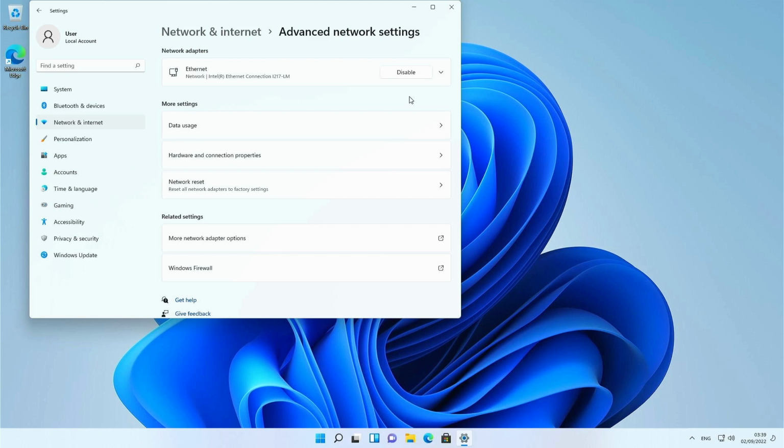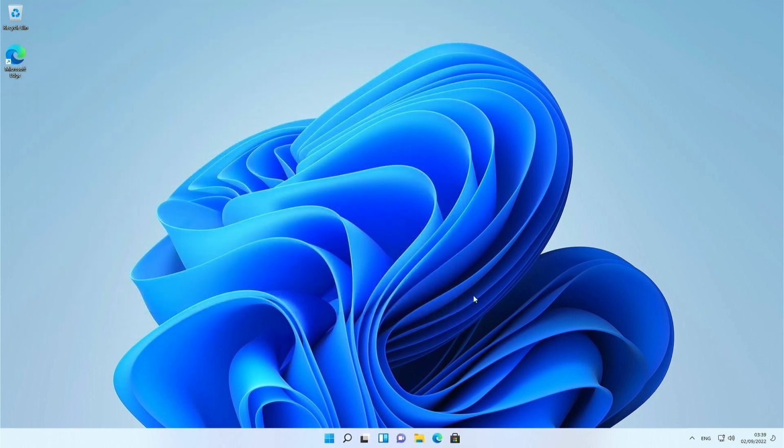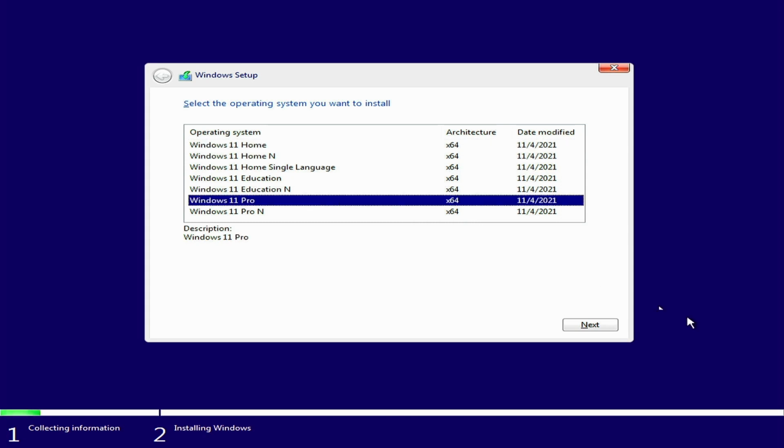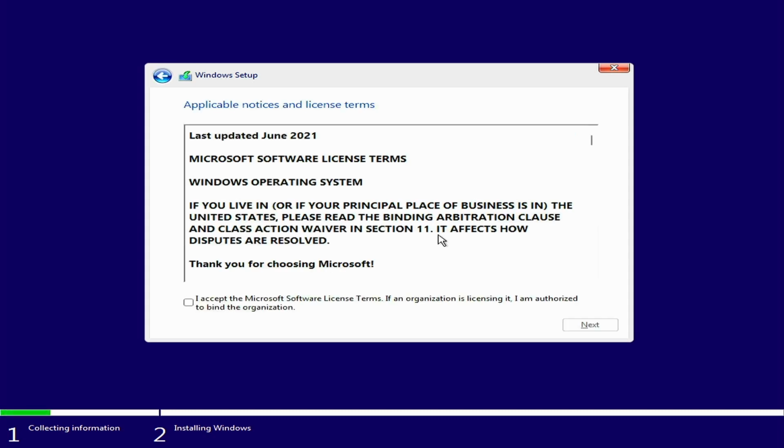That's it, you now have successfully avoided the mandatory Microsoft account. For the Windows 11 Pro edition, at least for the time being, you can avoid the need for a Microsoft account out of the box. The option to do so is hidden pretty well, but it doesn't require any workarounds, which was the case for